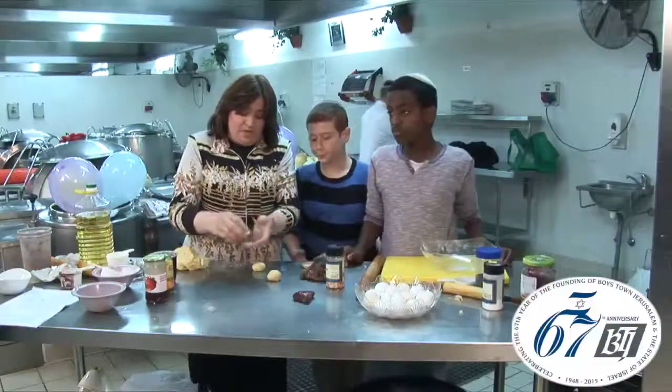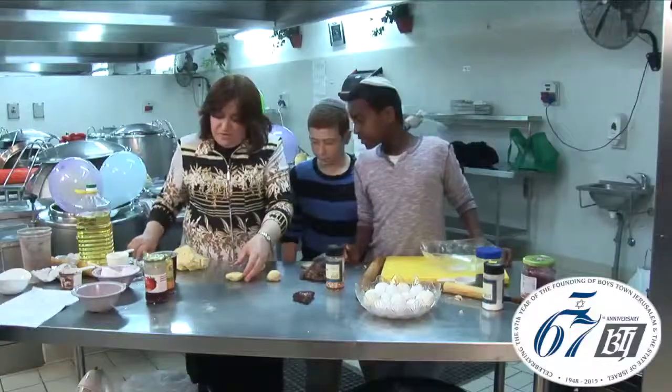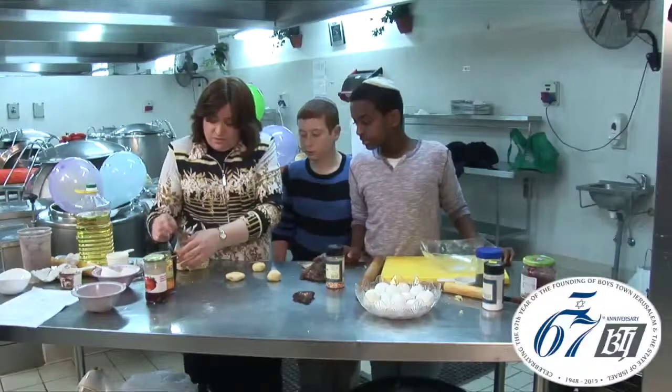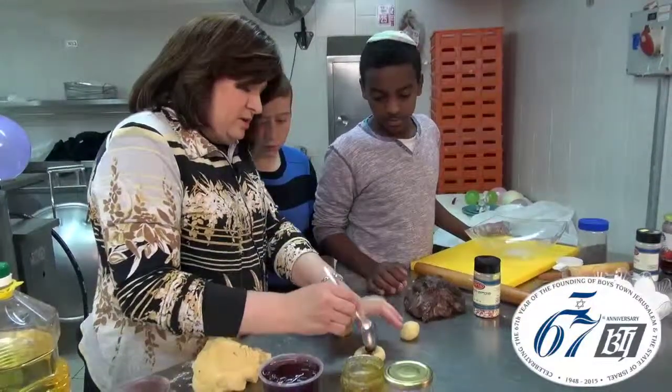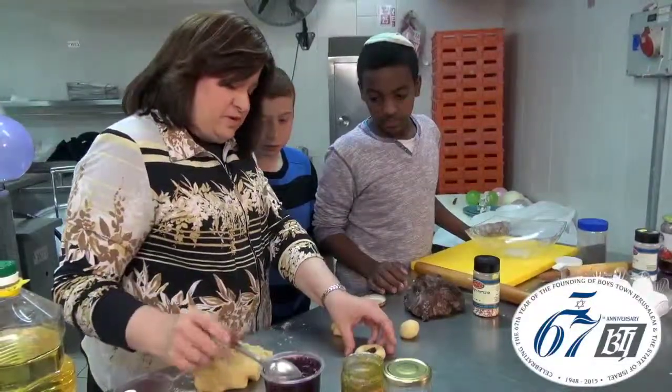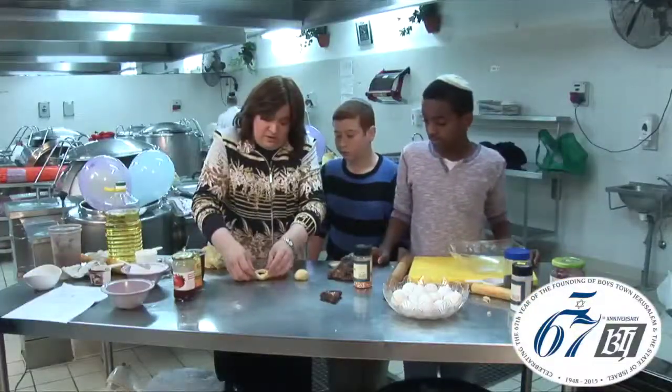If you overfill a hamantash, what will happen is as they're baking, the filling's just going to go all over the baking tray, which I guess isn't so terrible, but if you want them to look nice, they really only hold a little bit, each one. So that's blueberry. And then let's make it a little bit thinner. And then you close it,